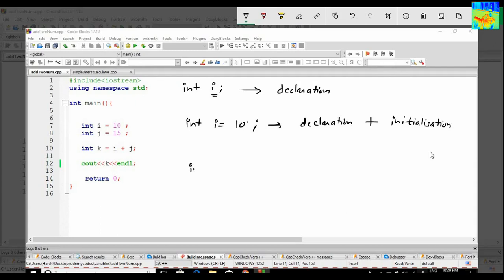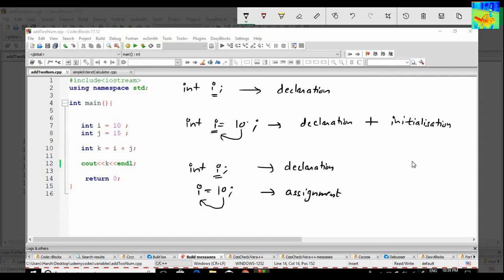And when we write int i, and in the next line we write i equals 10, the first line is called declaration and the second line is called assignment. We declared a variable i and assigned a value of 10 to it. Similarly, here I declared my variable i and initialized it to 10.